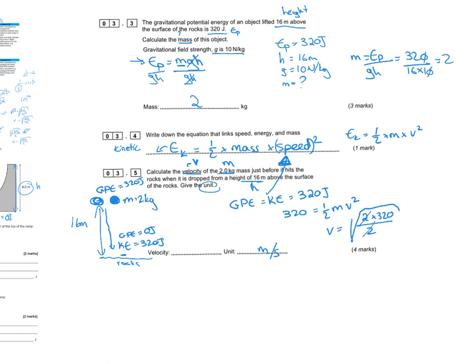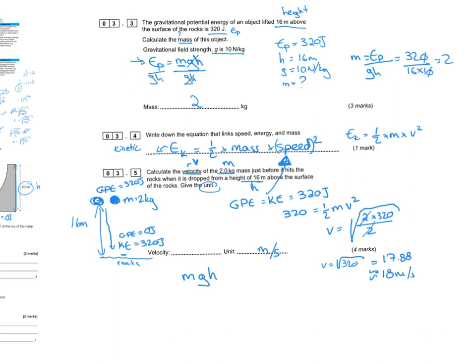So that will give me just the square root of 320, which is roughly 17.88 and so on. So that's roughly about 2 significant figures is enough, because the question gives us the values in 2 significant figures. So that's about 18 meters per second. Now, I could have done it this way, or you could also do it in a way that